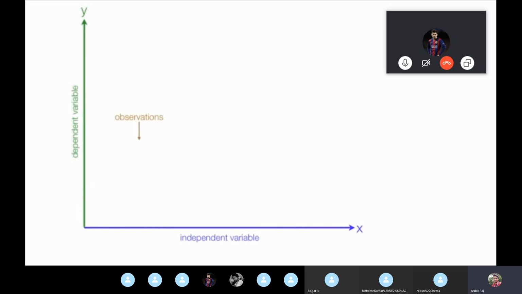Now just imagine we have random observations. This is our training data, the data on which we're going to train our model. So we have random observations on the chart. Now we try to find the line which completely, or not completely, but tries to fit all the points. You can see there is no straight line which can fit all the points. But what we try to do is find the best fit line that has the least amount of error,